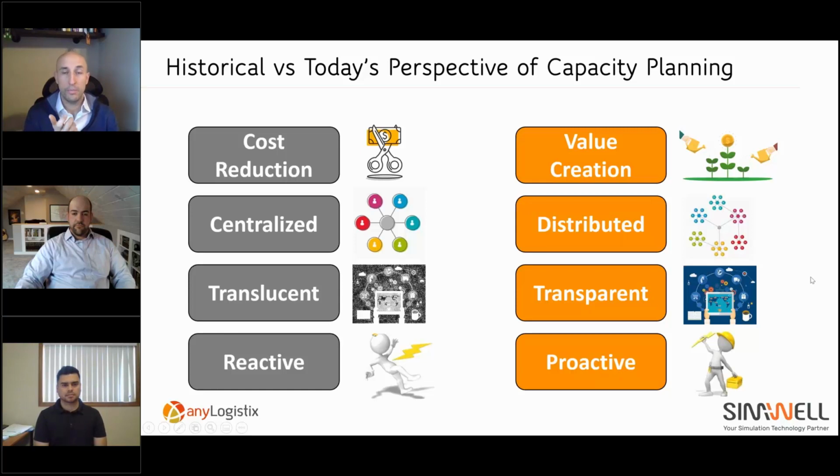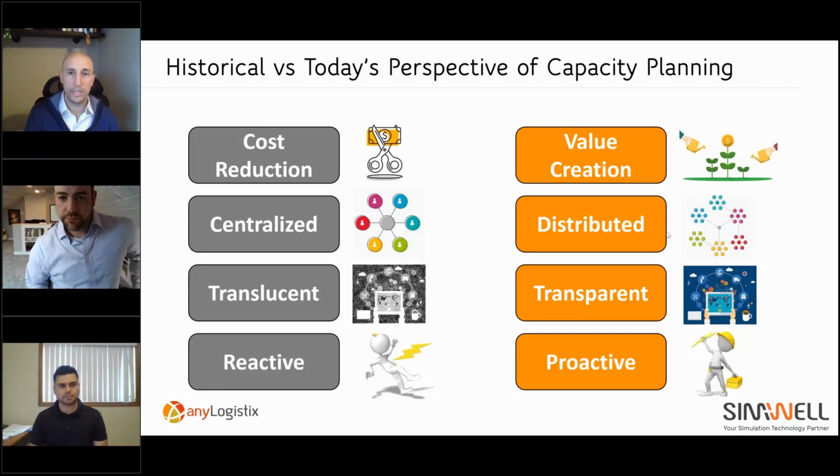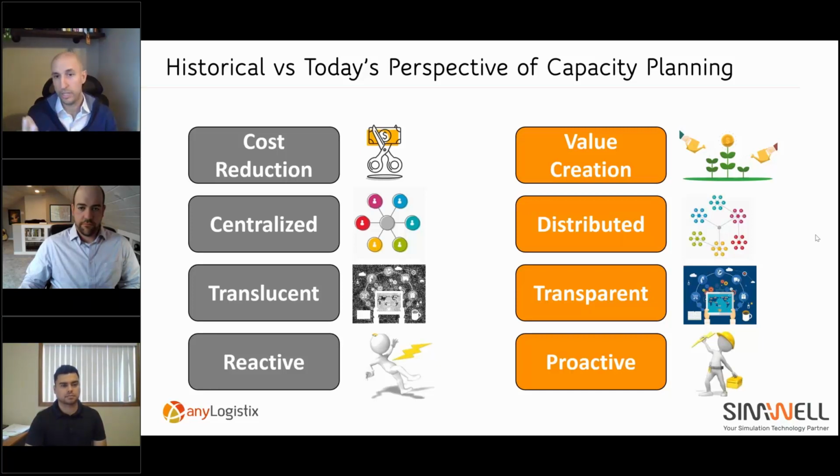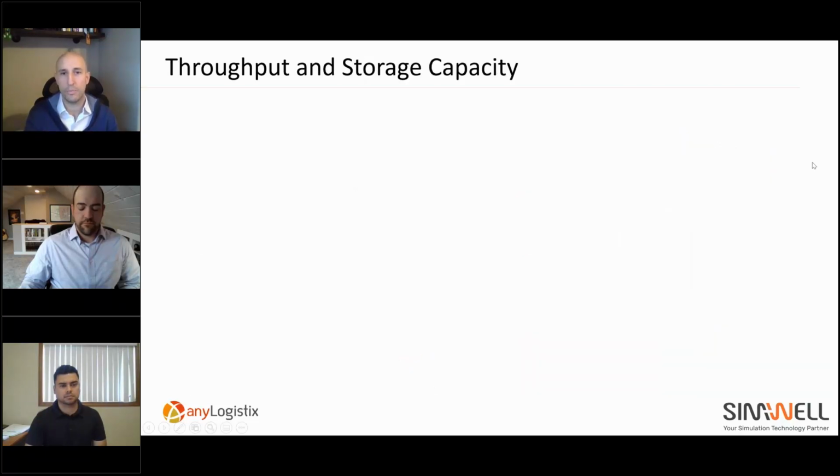There is a big emphasis on being more transparent. So now everyone wants to understand how decisions are taken, what the assumptions behind them are, what the logic is. So you need a tool that supports all the tracking of these decisions. And obviously now these leaders need to be much more proactive. Before we saw disruption as black swans. Right now we see disruption as something that is not if it's going to happen, but when it's going to happen. So the onus is on the supply chain managers now to evaluate and be proactive to know what to do when that happens.